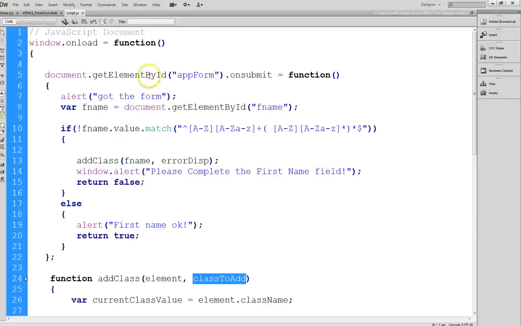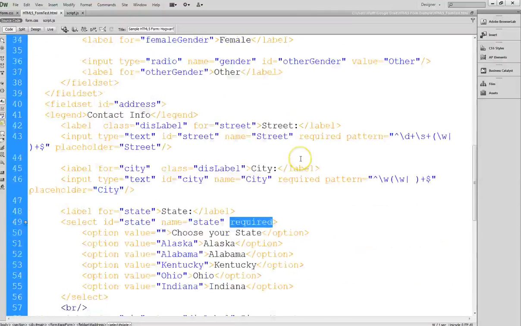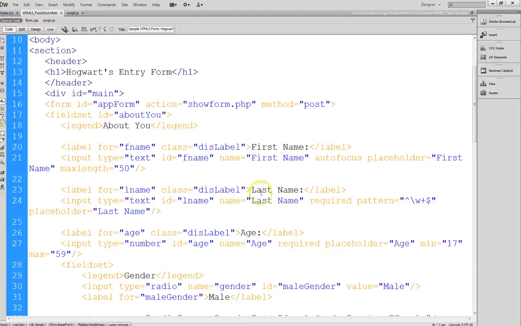Okay, so for this to work, as I mentioned, I'm going to have to actually disable the HTML5 verification attributes because they'll block the form before it gets to the onSubmit function, and then basically I would never be able to really show you how the form works. So I'm going to do this for our first name field. And so if we look here, here's the first name field. We have the placeholder,